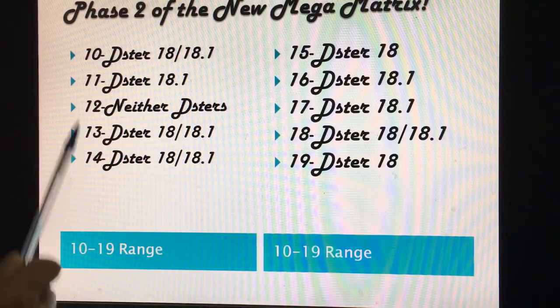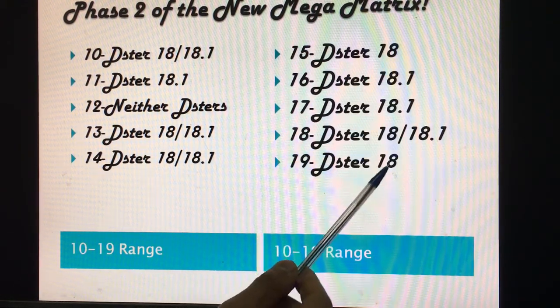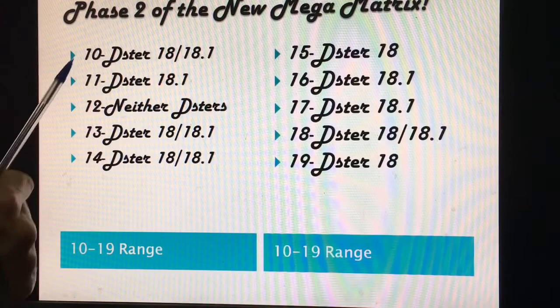So if you pick 10, 13, and 14, and you want to use that on Decker 18.1, then you cannot pick any more Decker 18.1 number on a line. Then you have to pick Decker 18 only. So you cannot use any more Decker 18.1 if you do not want to use the 10 to 19 range. So if you want to use the 10 to 19 range, which I like, then all these numbers should be on